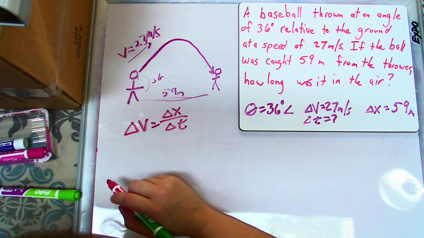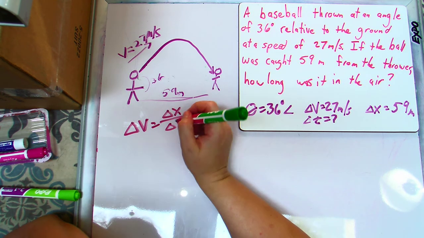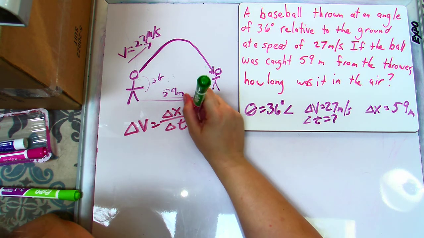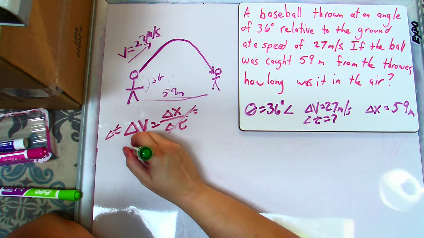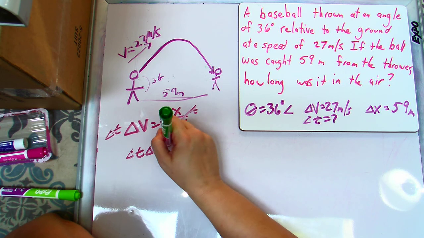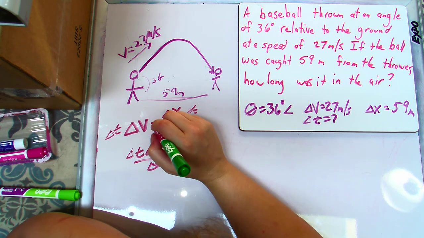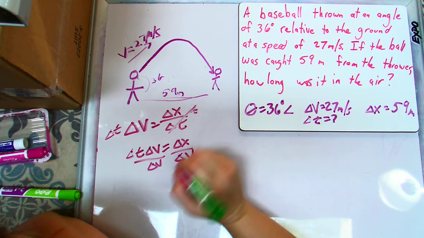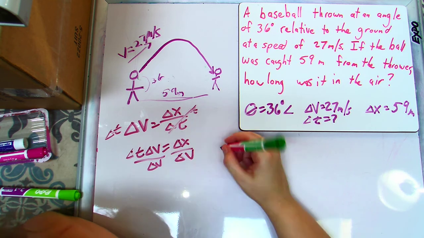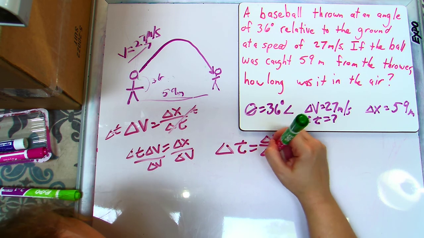So I can look at this and rearrange it. If I rearrange it, first off, I'm going to get delta t on both sides. We can cancel it out, get it out from the bottom. We are left with delta t times delta v equals delta x, then divide both sides by delta v. And then we're left with delta t equals delta x over delta v. However,